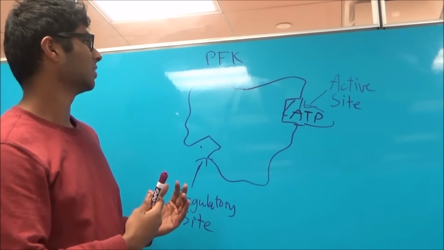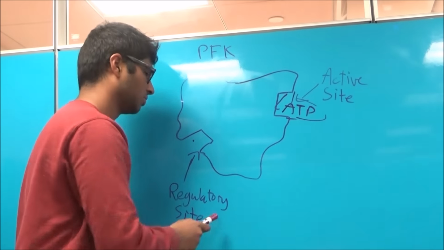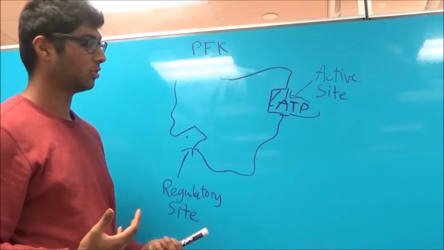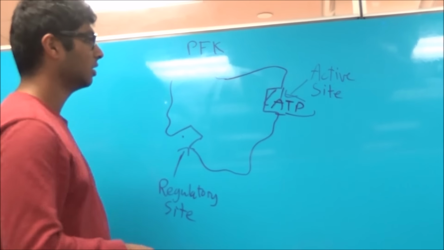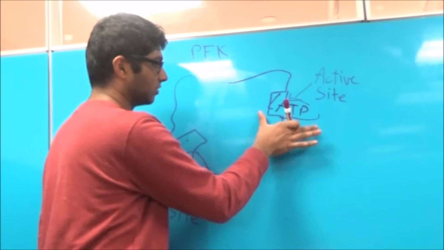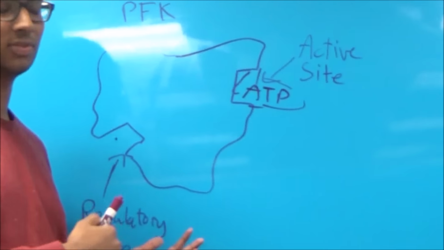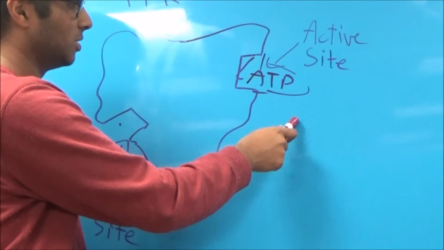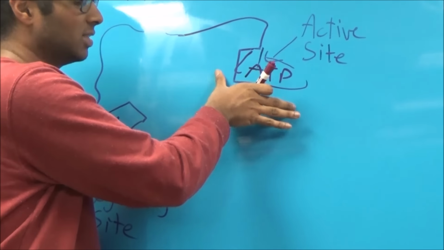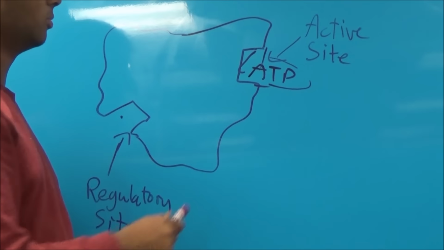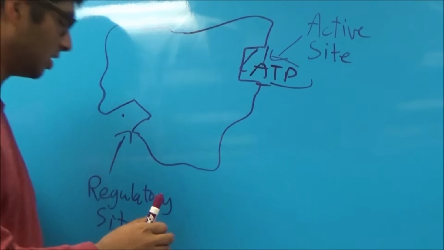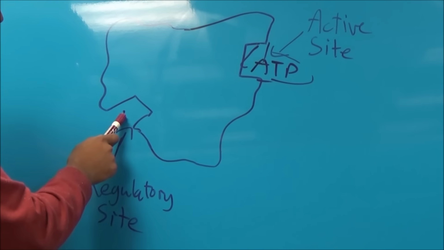So in our PFK enzyme, we have the active site and the regulatory site. Imagine if you have a lower amount of ATP, all the ATP would bind to the active site first. The active site has a higher affinity for ATP, or the ATP has a higher affinity for the active site. So all of the ATP available will bind to the active site until the active site is full. The moment the active site becomes full, ATP will start binding to the regulatory site,